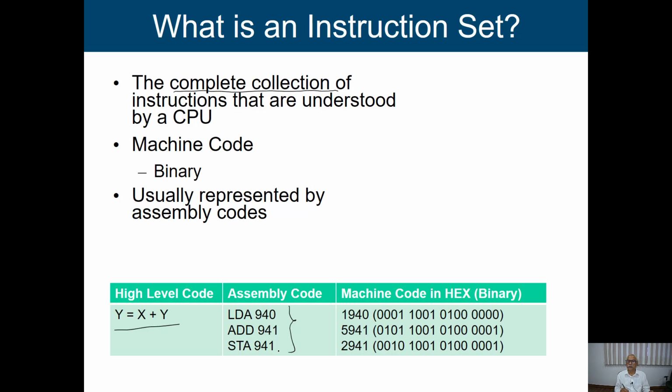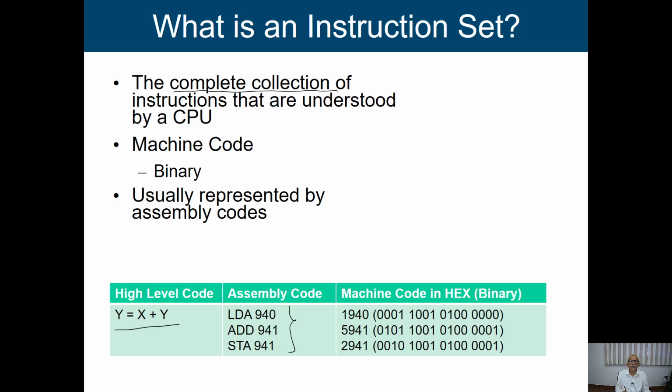What it basically does is store these two pieces of information in memory locations 940 and 941. These are in hexadecimal. First, load the accumulator. The accumulator is a register connected to the ALU, and one of the operands always comes from the accumulator. So we have some idea about the internal structure of that processor also. We need these three instructions.